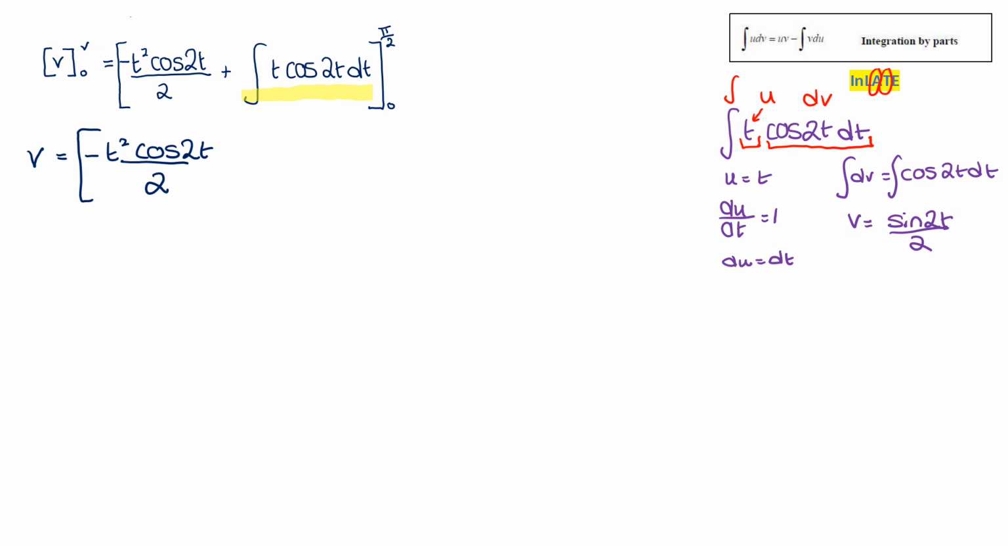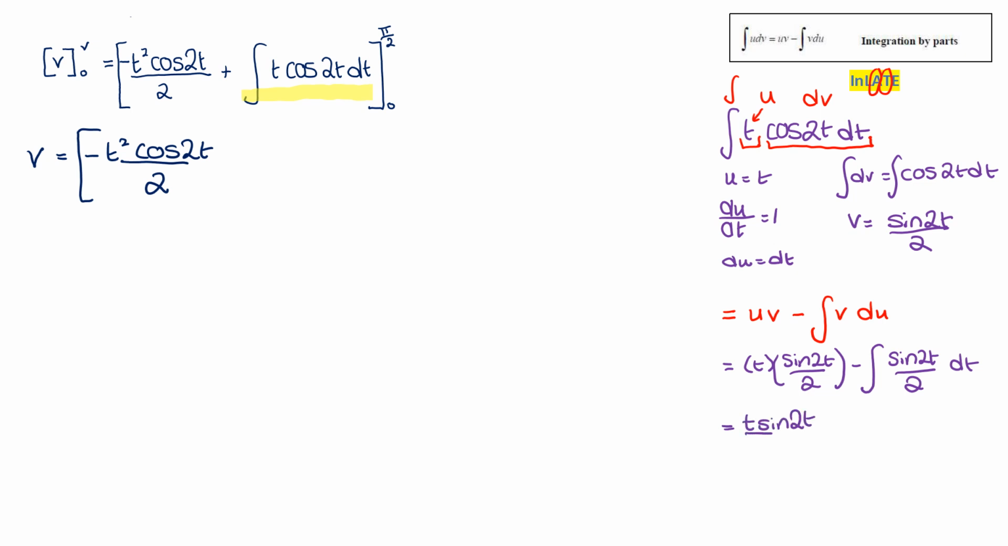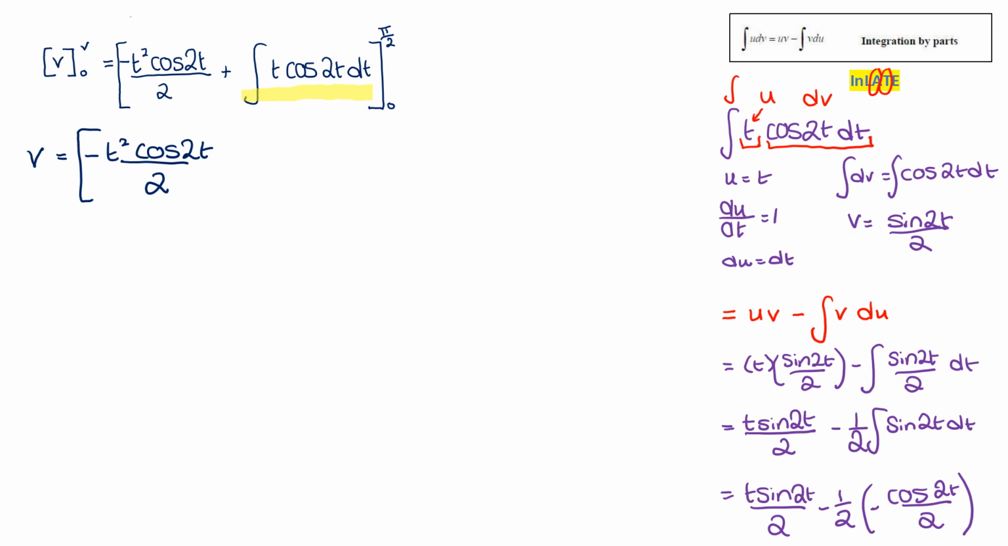So then when we are doing our integration by parts, we have uv minus the integral of v du, which is going to be u, which is t, times v, sine 2t over 2, minus the integral of v, sine 2t over 2, du, which is dt. So this gives us t sine 2t over 2. And I'm going to pull that half out in front just to make that integration a little bit easier. So it's sine 2t dt, which is t sine 2t over 2 minus a half. Sine is going to go to minus cos 2t over 2. So when I put that back in, I get a plus